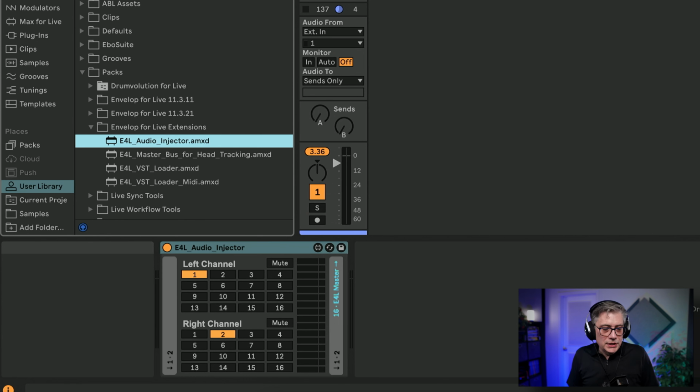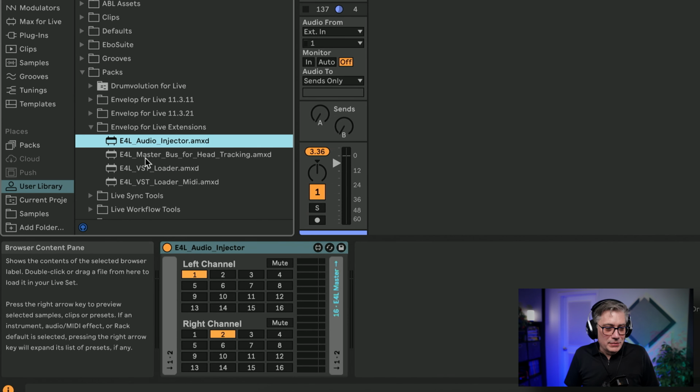And what this audio injector device does is it takes essentially the stereo signal that comes out of that particular loop, and it's going to forward that into a 16 channel track that is used as an Ambisonics track within Ableton Live. And this 16 channel track is routed through Max for Live. So it doesn't go through the regular Ableton routing system, it actually goes through Max for Live. Now, in order to be able to hear that, we need to catch it at some location and return it into the regular routing system of Ableton, and this is done with the master bus device.